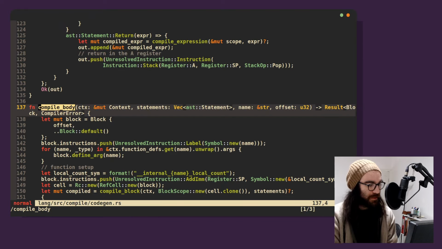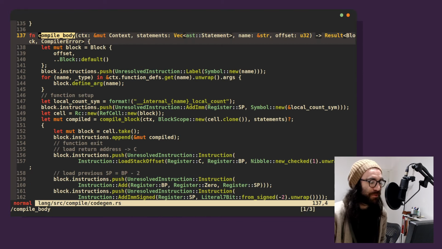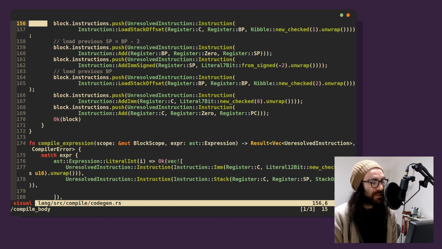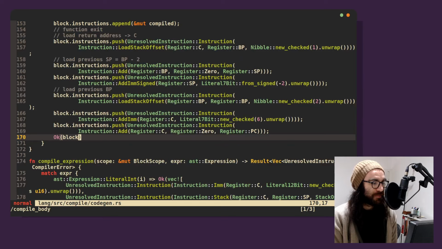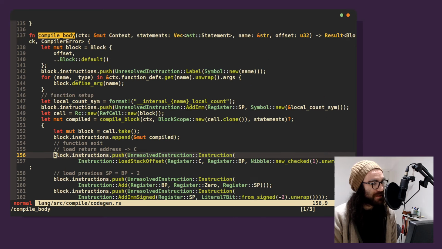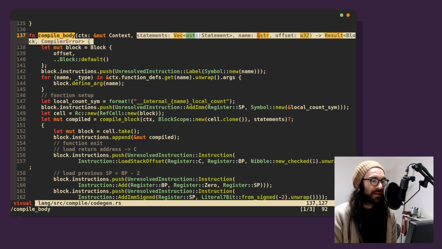compile body. Now, compile body actually does a few important things other than just compiling the body. It gives us a header, and I think it also does the return. Load previous, yeah, it also does the function return. So we need to copy and paste this into our ASM. We sadly do. Or,